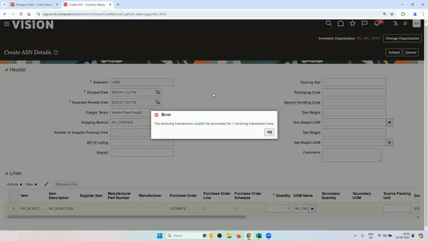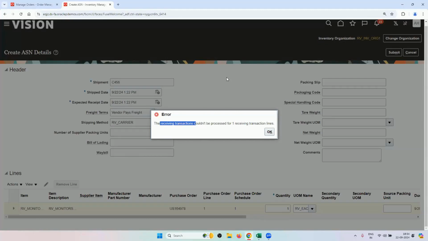yeah, so there is one error in this instance. So in this instance, there is a code error by Oracle for which there should be CWB patching applied. So ASN is not working in this instance, right? So that is why I'm not able to proceed ahead with our data. This error keeps on coming for any ASN that you create. So that is why I will not be able to show you